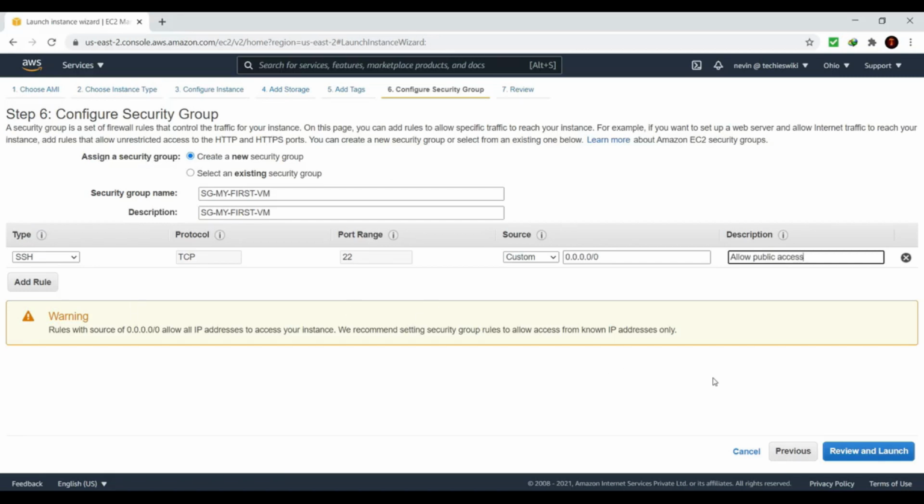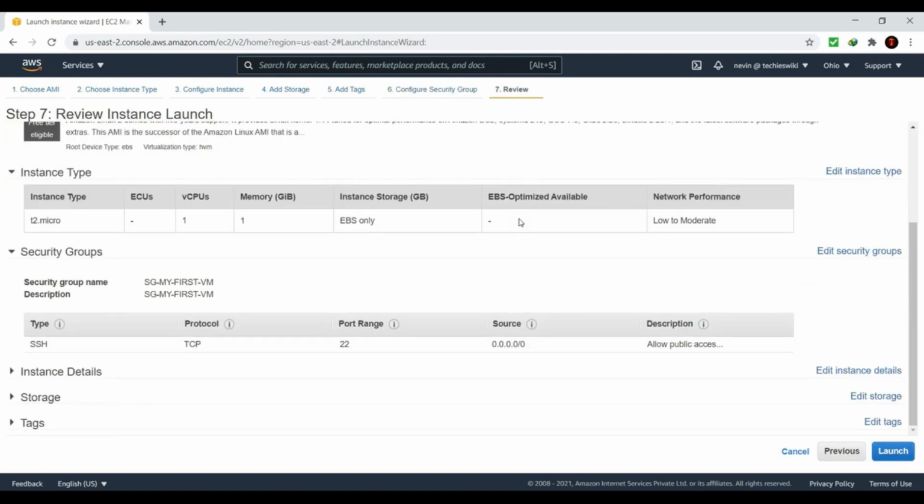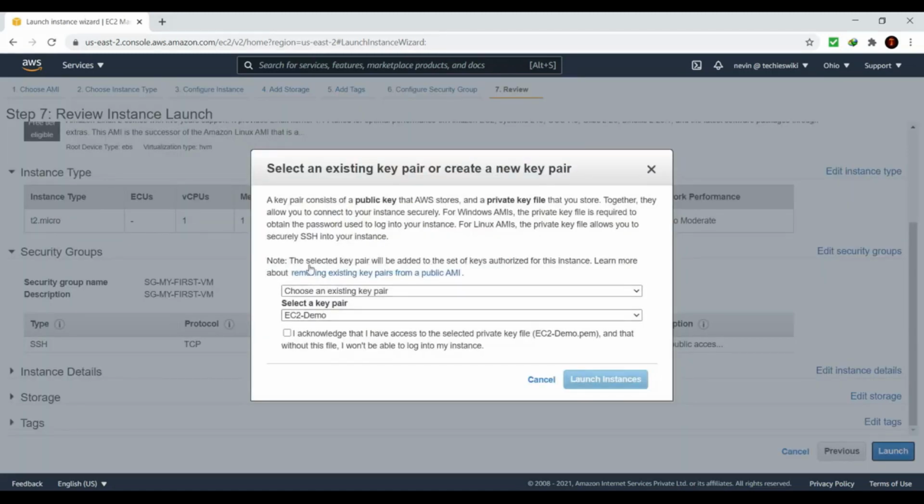So once that is set up, you can click on the review and launch button, which will then show the overview of everything we configured till now. Once everything is done, you can click on launch, which will ask for a key pair. This key pair is needed to connect to your EC2 instance from your local machine. You can choose an existing key pair or create a new one.